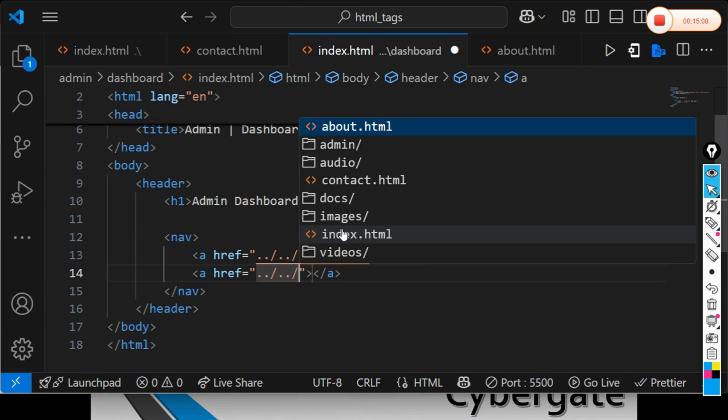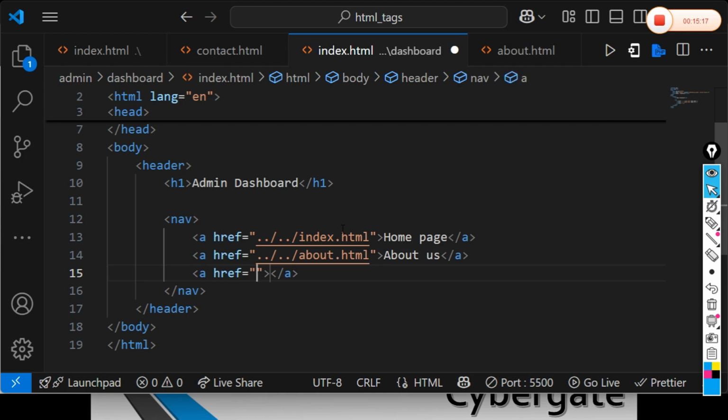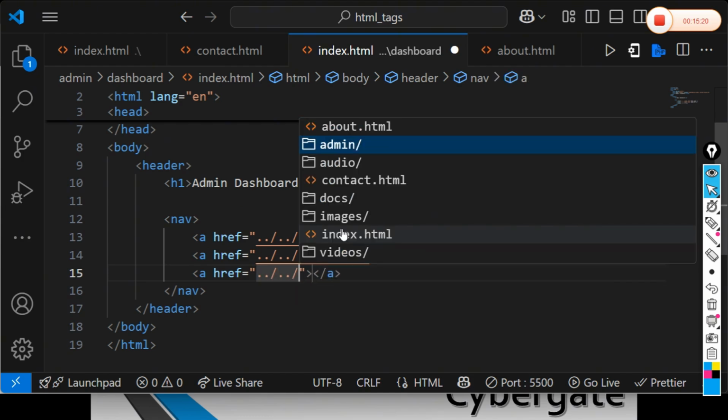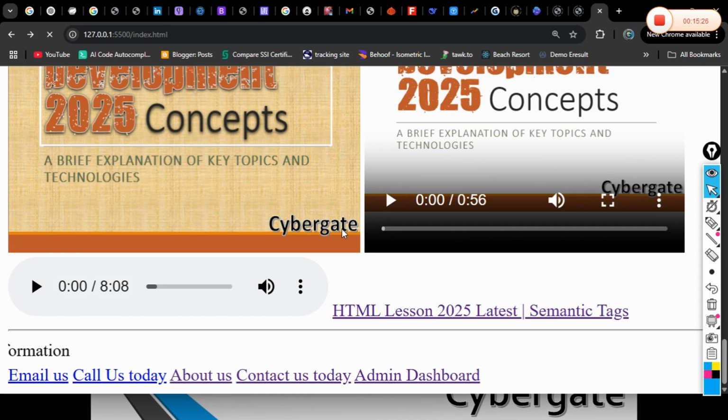Can I type? Okay, so here I want to get the about us, so call it about us. And then finally I want to get the contact page. I'm going to call it contact us. Now if we save and go back to our work, notice that if I click on admin, it will